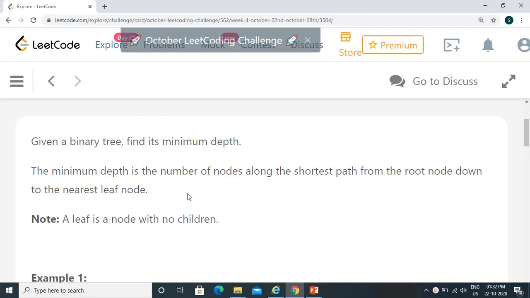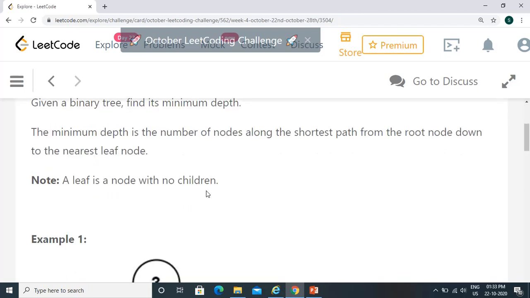So when we traverse from the root node to every leaf node, we explore multiple paths. We need to find such a path where you have the minimum number of nodes along the path, and return the minimum depth using such a path. A leaf node is a node with no children. In a binary tree, you always have either 0, 1 or 2 children, at most 2 children for a given node. When you have a node with 0 children, that is called a leaf node. So you will be traversing from the root to all the leaf nodes.